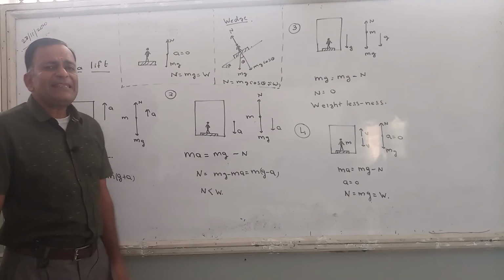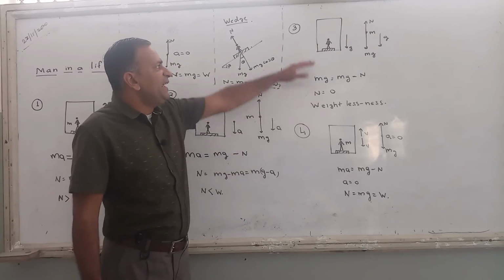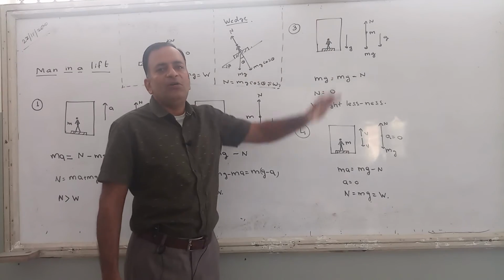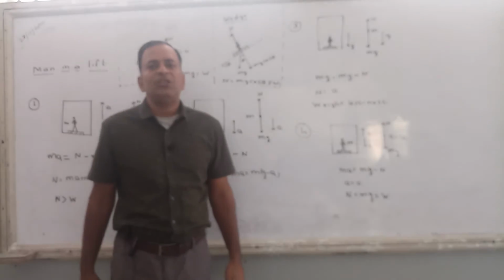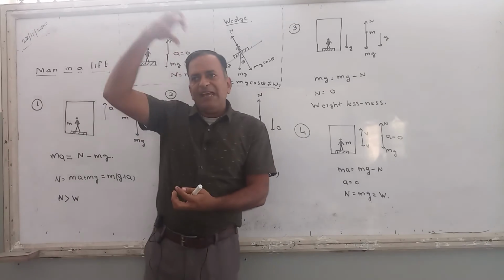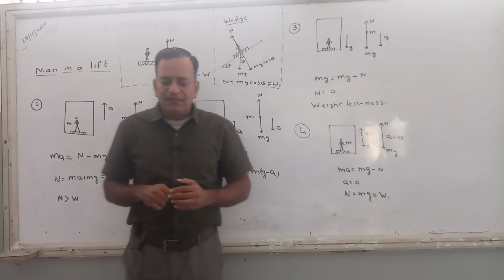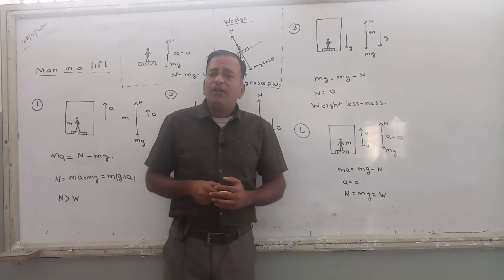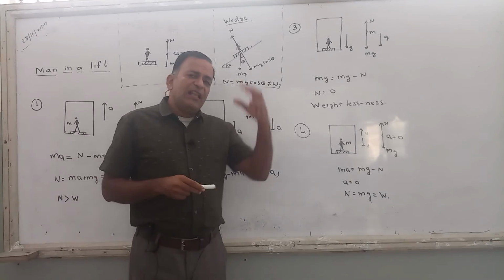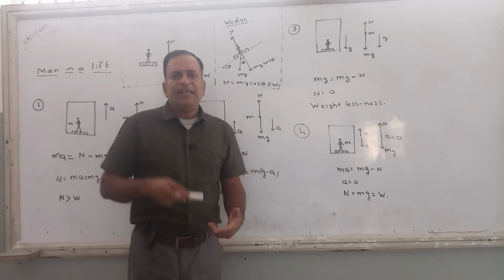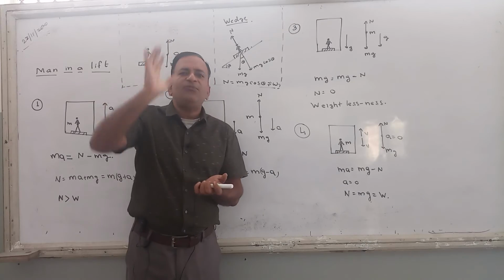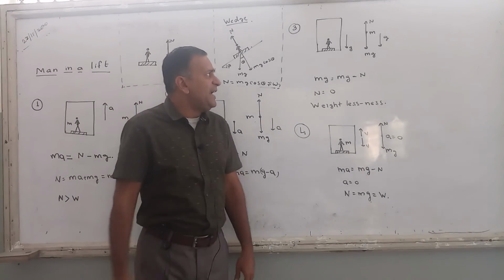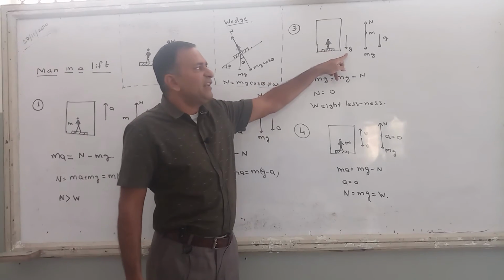All right, case number 3. In case number 3, ठीक है, अभी आप केस नंबर 3 में अपने आप को इमेजिन करो, ये आप हो, ठीक है, आप लिफ्ट में हो, आपके पैरों के नीचे वेइंग मशीन है और लिफ्ट का जो ऊपर से केबल होता है ना, तो केबल, somebody is making mischief, somebody is breaking the cables. So if the cable is broken, everything falls down with free fall. ठीक है, इसको ऐसे फेंका तो ये नीचे गिरा, free fall. There is no force acting on it. This is free fall except the gravitational force. All right. So lift is falling down with acceleration g.